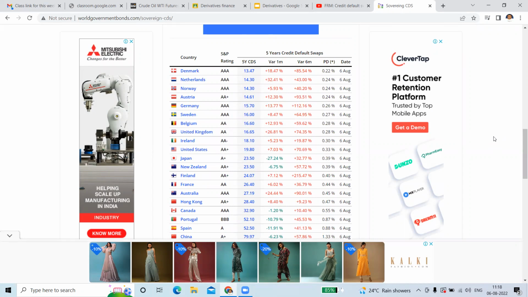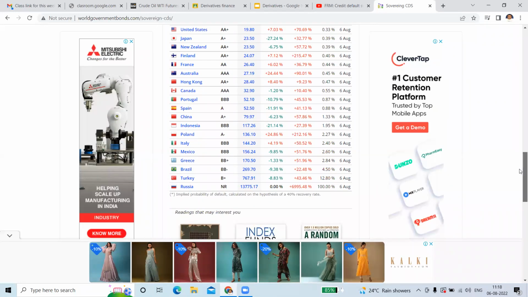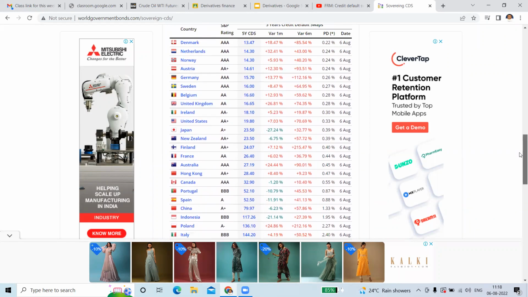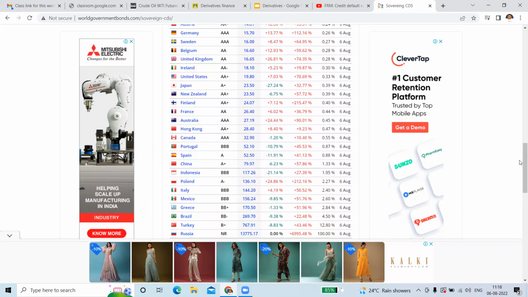So if you look at the countries at the top, the default probabilities are very low, whereas for countries at the bottom, Russia has already defaulted, Turkey's probability of default is high. So India is not here. Anybody tell me why? India doesn't have a very active credit default swap market. That's the problem. But if I were to guess where we would be, slightly ahead of Poland, I think, around about 2% default probability. We should be ahead of Indonesia, maybe slightly near that, but definitely not ahead of China. So our default probability is probably around 2% right now.